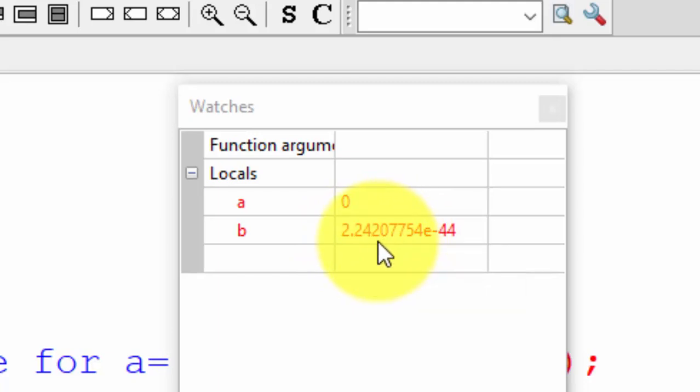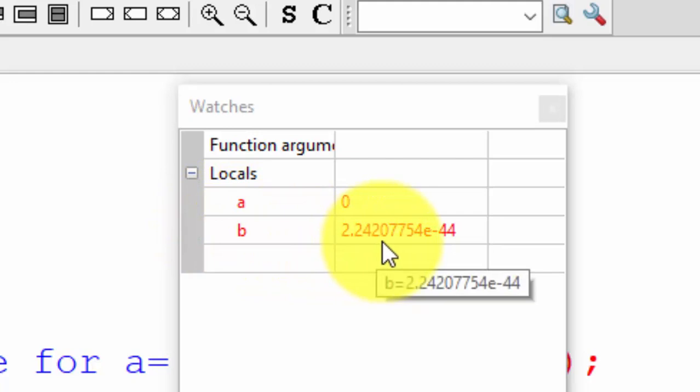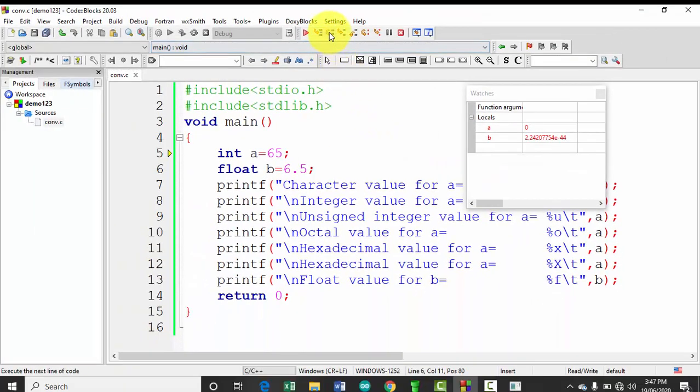So what is a garbage value? The garbage value is a default value that gets assigned to any variable. This is not a constant. Every time we may get different garbage values there. So let us check the stepwise execution. When I execute the first step, a is assigned this 65, and now b is 6.5. Earlier it was 2.25 something, but now it has been updated to the new value.